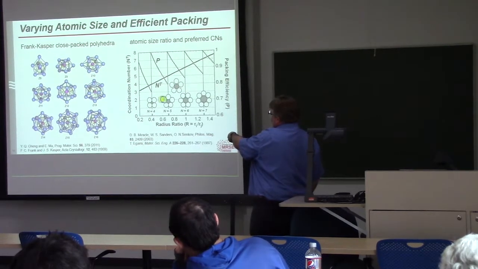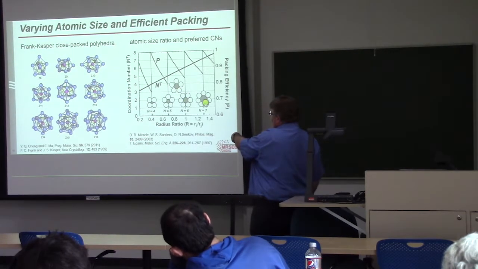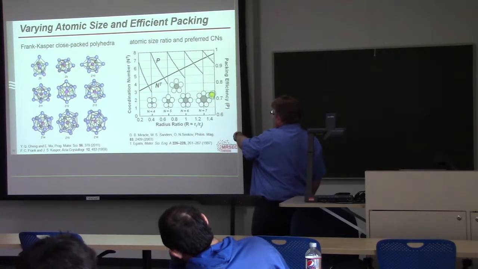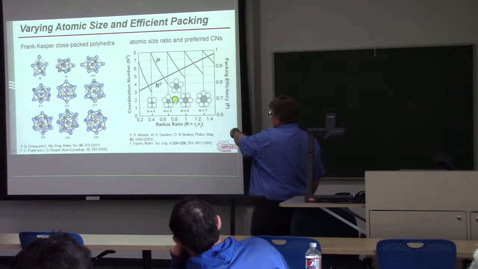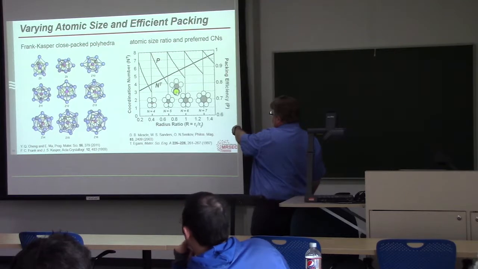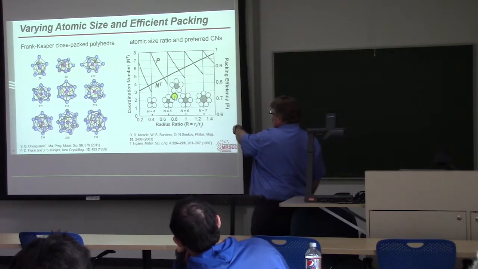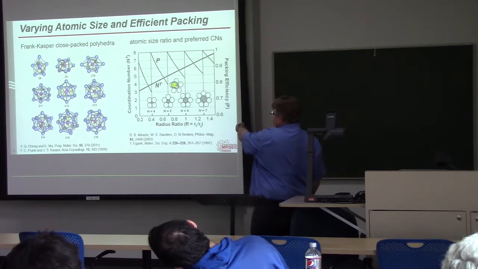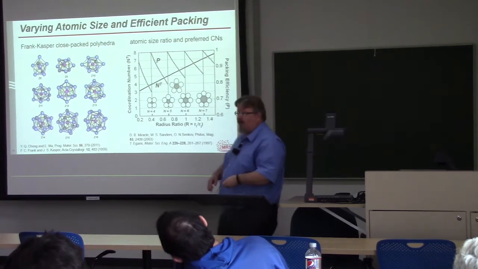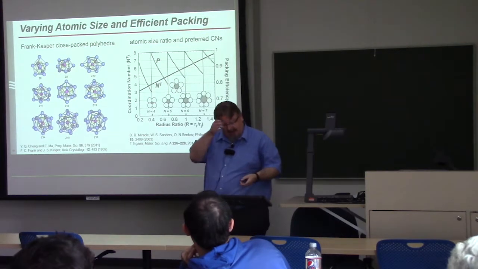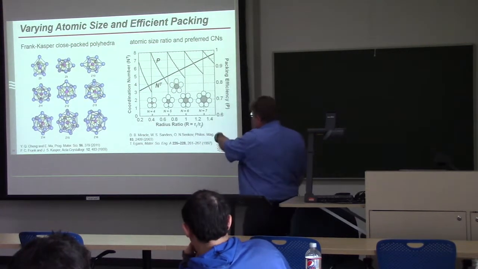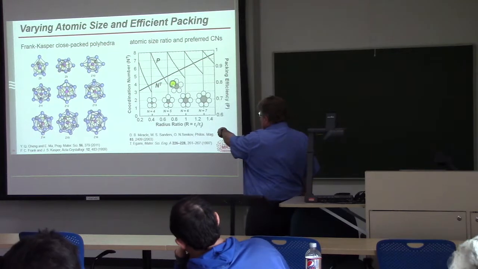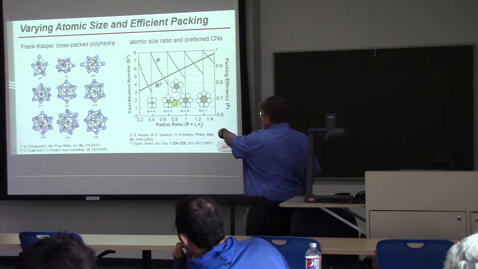But the diagrams are the sort of preferred coordination numbers. Coordination diagrams, where the outer atoms are just touching. But you can have intermediate states where the atoms are either too crowded or too far apart. So this is a 5 where the atoms have spread apart just a little bit, and therefore the packing efficiency is not as high for this ratio of atoms as it would be for either of the ratios on either side.